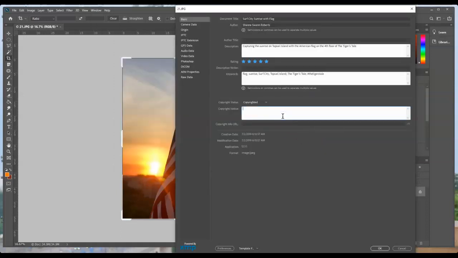And finally, back on our copyright information, if we want to include the copyright symbol, the way to do that is you have to hold down the Alt key, and then on the numeric keypad type 0169 and enter, and that's the shortcut for the copyright symbol